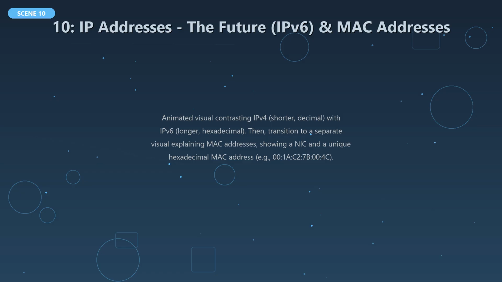IPv6 addresses are 128-bit numbers, providing an astronomically larger address space, approximately 340 undecillion addresses. To put that into perspective, it's enough to assign a unique IP address to every grain of sand on Earth, and then some. IPv6 addresses are typically represented in hexadecimal format, grouped into 8 sets of 4 hexadecimal digits, separated by colons. For example,